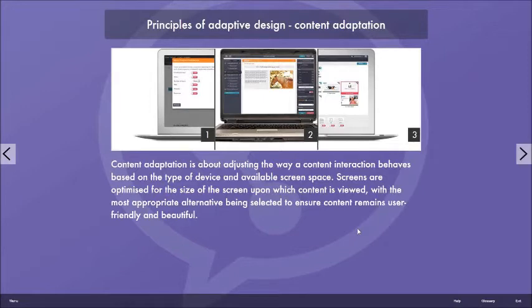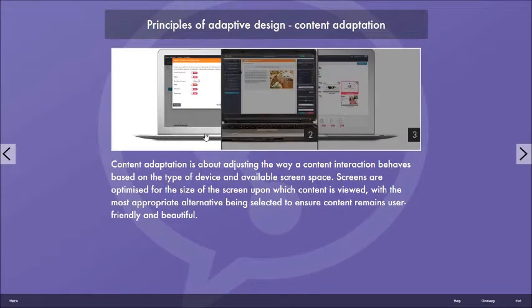Looking at some of the other techniques that we use as well, we also use something called content adaptation. So responsiveness is changing the display based on the browser conditions. Adaptation is adjusting the way an interaction behaves based on device type and screen size. So we can optimize displays. So this is a click and reveal